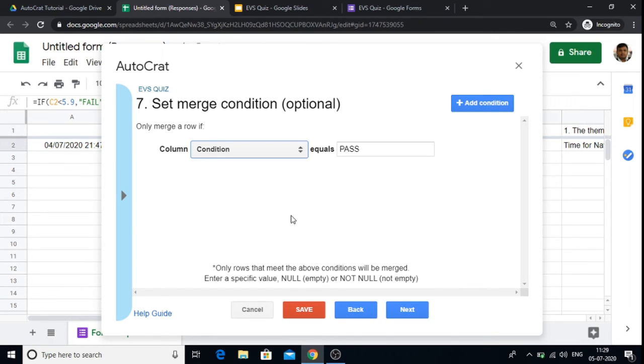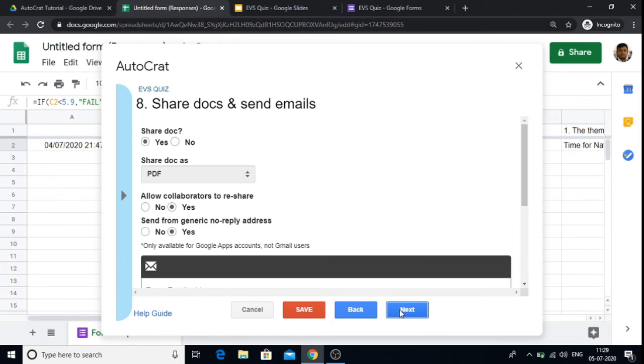Here I have inserted two conditions, pass and fail. If a student passes the quiz, he or she will automatically get the certificate. If he or she fails, the system will not send the certificate. So I have added the condition equals to pass and click on the next button.